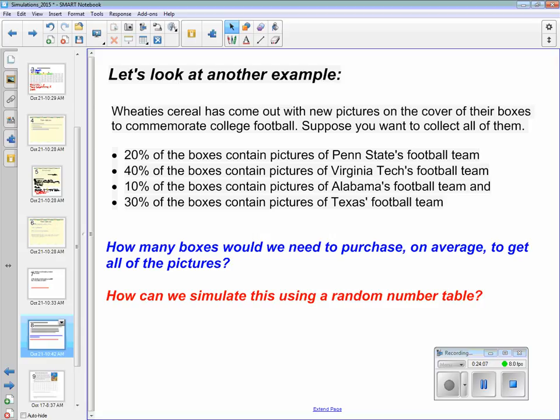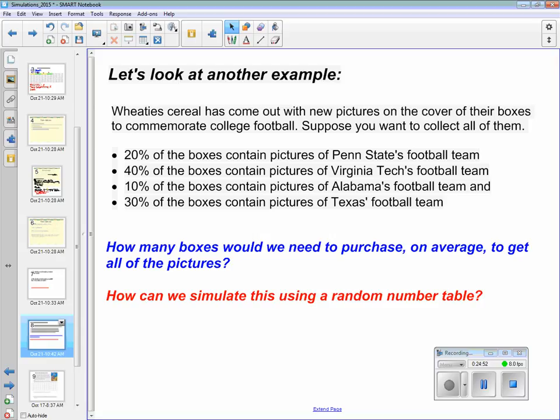Okay, anyway. Wheaties cereal has come out with new pictures on the cover of their boxes. So I did a different example, because I'm a big college football fan. Well, I'm a Virginia Tech fan, but it's my alma mater, you know. It's all right. We have Penn State. My sister-in-law went to Penn State. They're coming back. I had a former student go to Alabama, a couple of them actually. Secret vote on Alabama, just out of curiosity. And then we have Texas, whose program needs help too. But anyway,